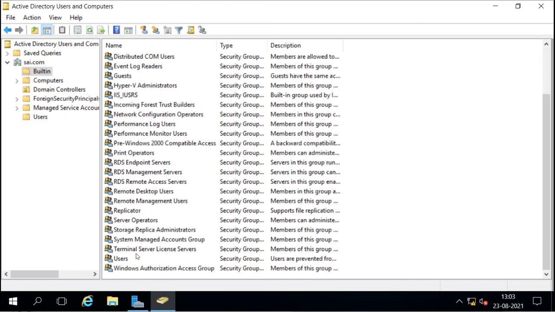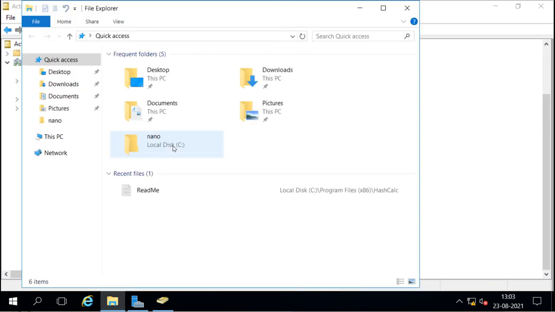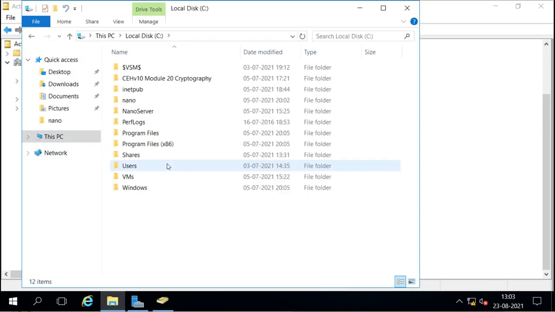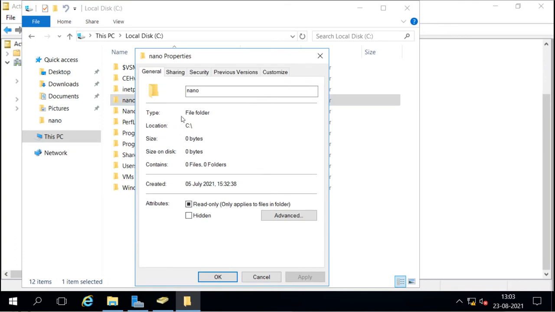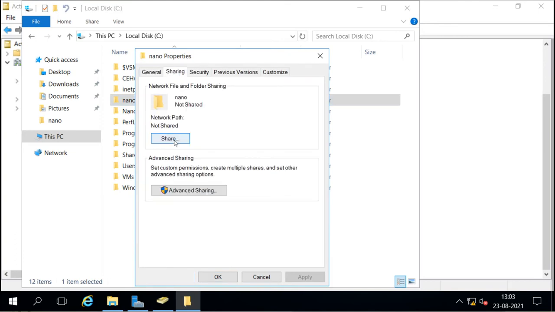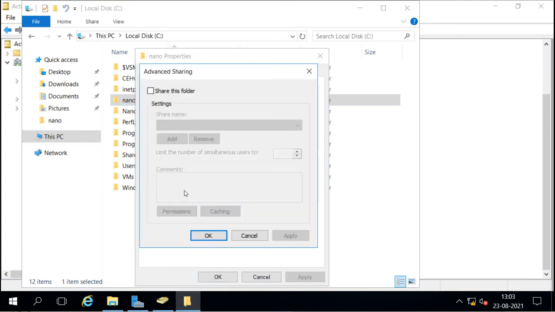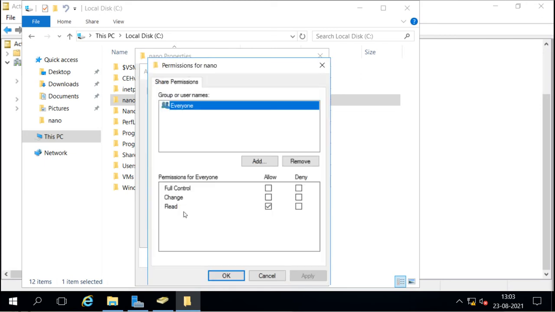But you can see them. For example, if I try to share some directory, I'll go to advanced, I want to share this, and when I go to permissions, I can see everyone here, everyone as a group.